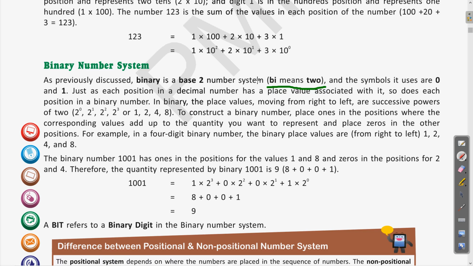So in the decimal there were 10 digits, in the binary it is 2, that is 0 and 1, and this is the same which is used in the computer system. Clear? We have already seen why only 0 and 1 are considered in the computer, because of the electric presence or absence. When the charge is present, it is denoted as 1, and when there is absence of electric current, it is denoted as 0.